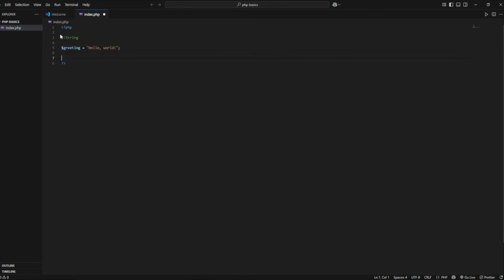This is a string. Another data type is an integer. So integer, $year equals 2025. Another is a float, which is just a decimal value or a floating point number. So let's say pi is equal to 3.14. And finally a boolean. So boolean, let's say is logged in